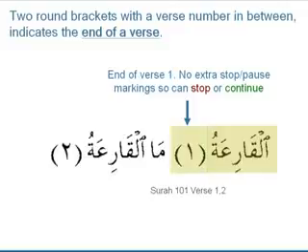Now, generally, if you have none of the other stop or pause symbols, then when you come to an end of a line,